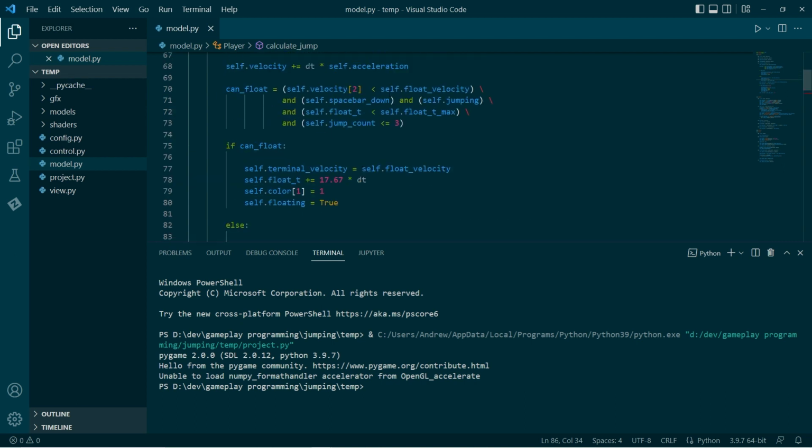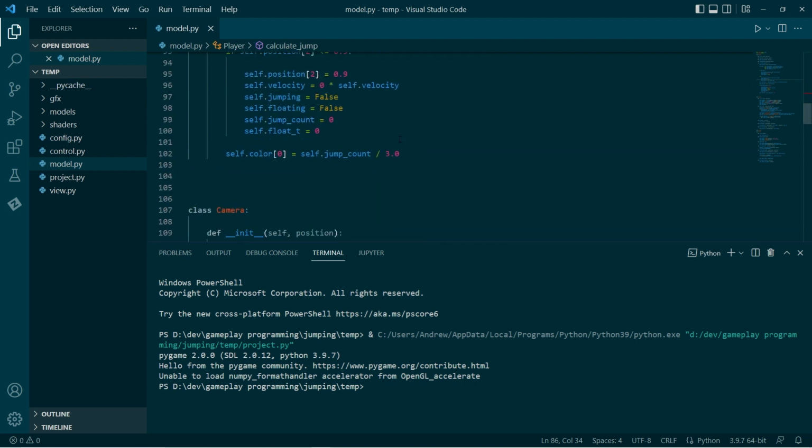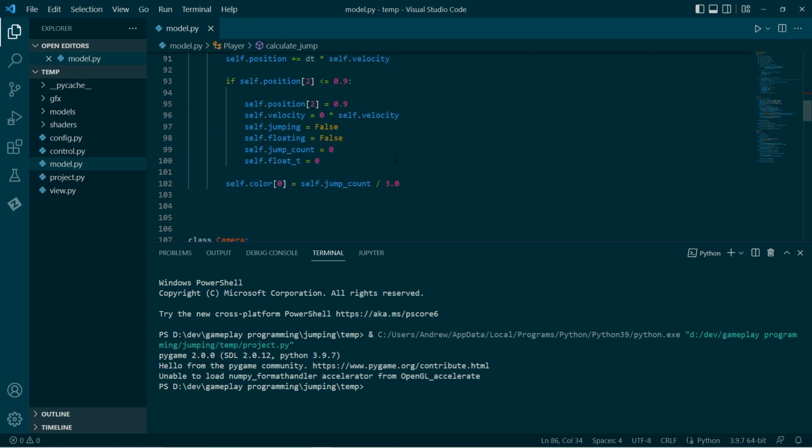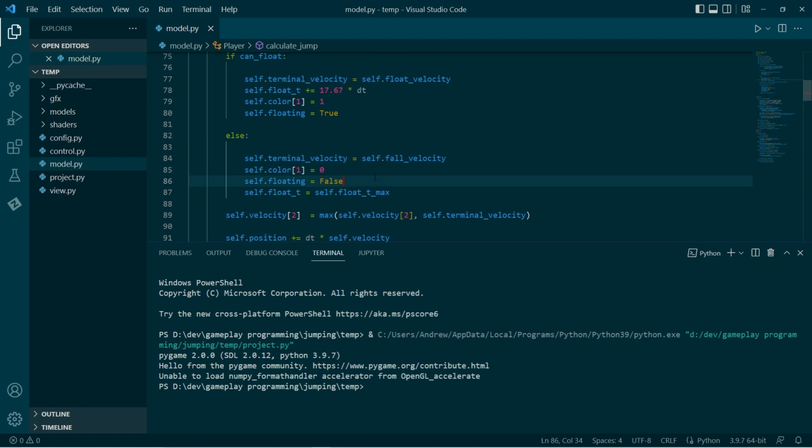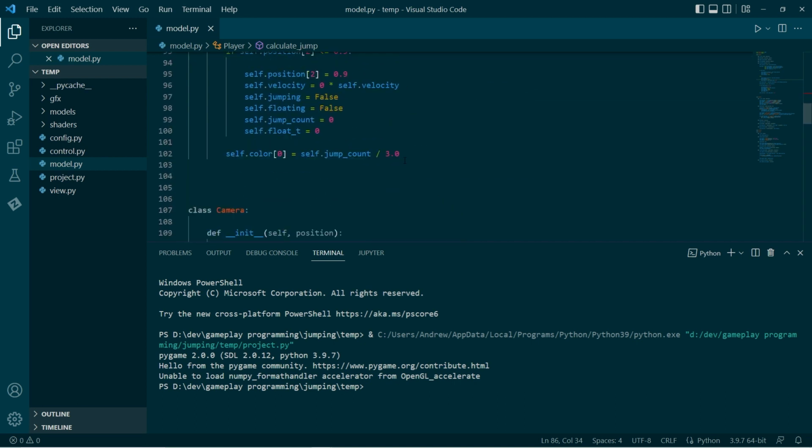Just double checking this. Yeah. Because when I hit the ground, I will actually reset that counter. So just to be sure, let's add another 10 milliseconds. Why not?